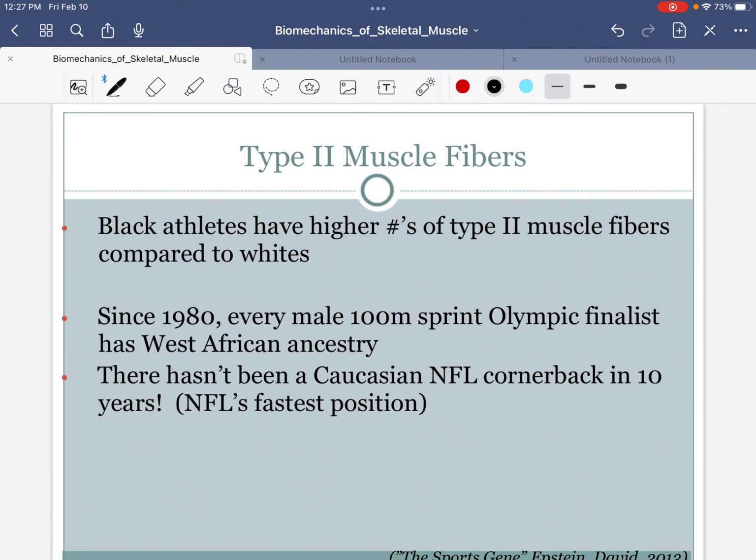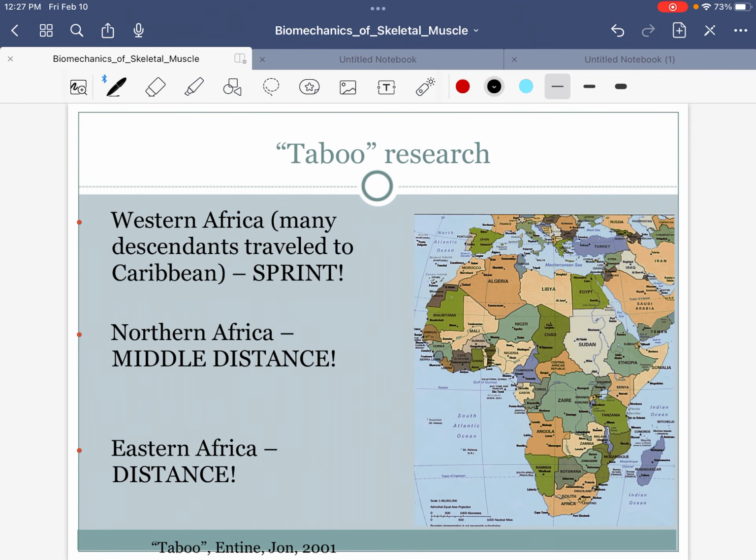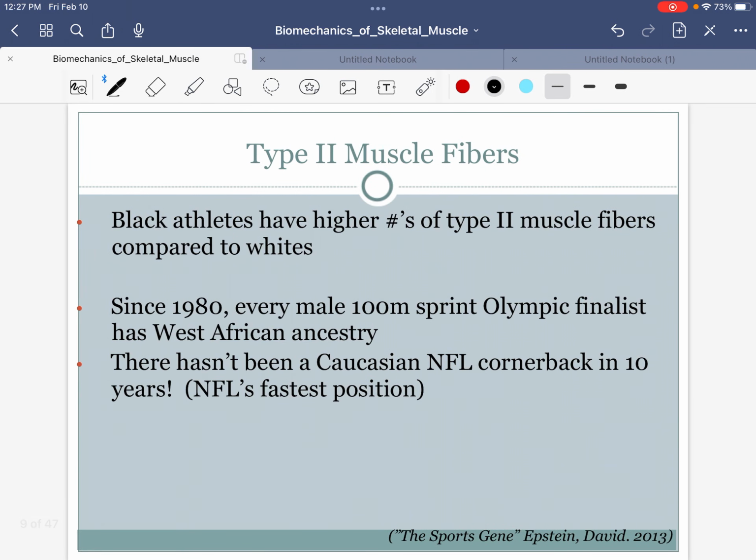Other goodies in the PowerPoint. Many years ago, now that I'm aging myself, I read a book called Taboo. It's from 2001, so it's been around for quite a while. When it came out, this book was kind of condemned by some people. The author labeled it taboo because he knew that was going to happen. Some people believe it's taboo to talk about this topic. As a scientist, I have no problem talking about some objective data, right? We're not making any judgments. It's just objective data.